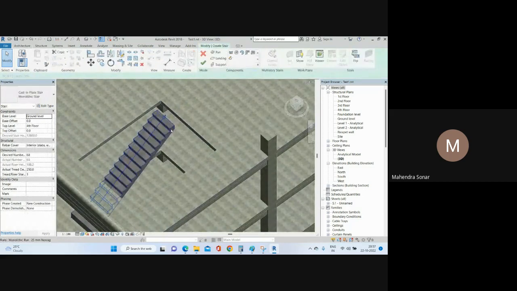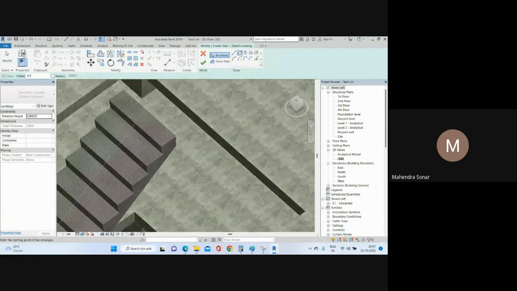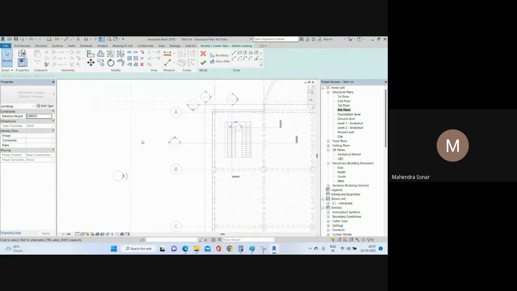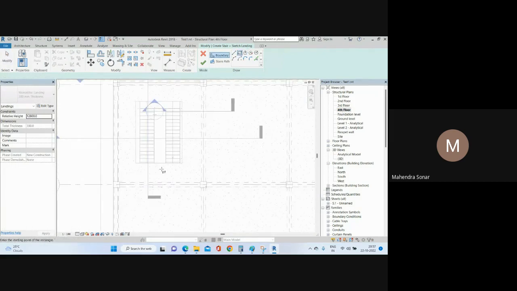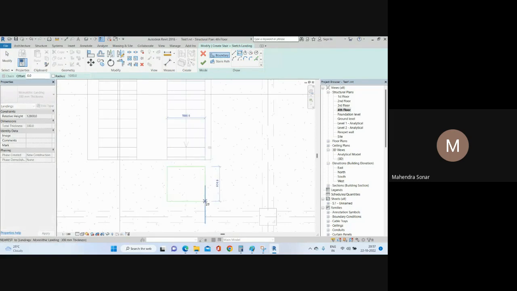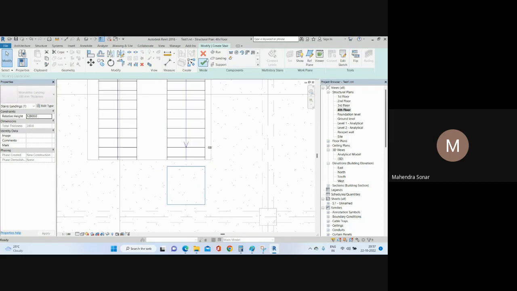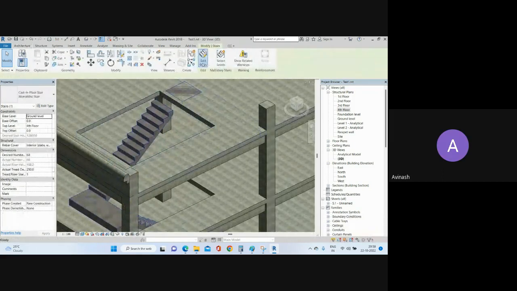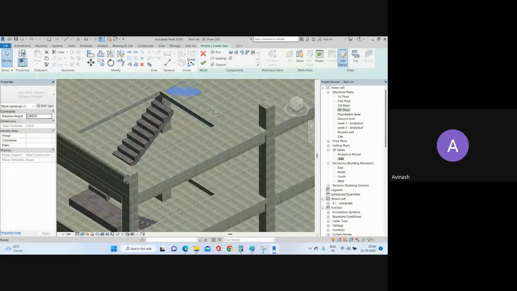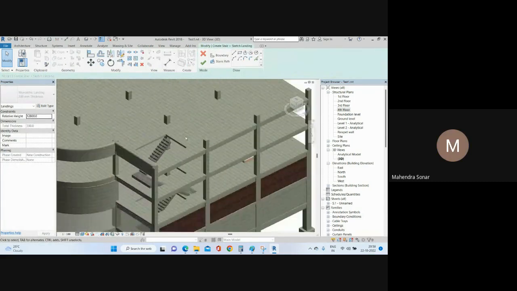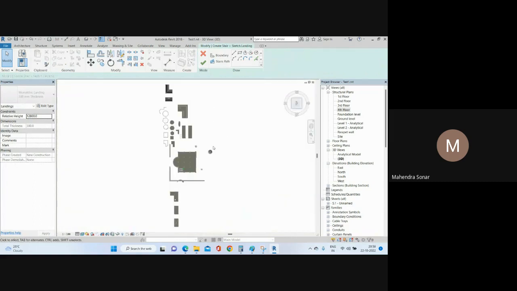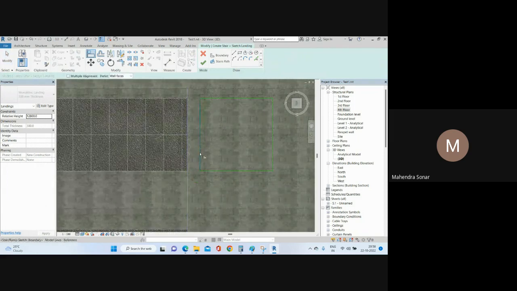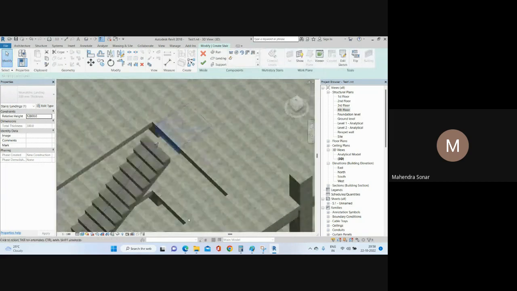ये देखो, यहाँ पे अगर मैं गया, सो यहाँ पे मैं एडिट स्टेयर और यहाँ पे मैं लैंडिंग ऐड करता हूँ। राइट, सो लैंडिंग आप 3D में भी कर सकते हैं। ओके, सो फोर्थ फ्लोर में गया, सो ये मेरा यहाँ से यहाँ तक कंप्लीट। सो लैंडिंग सर वो लास्ट स्टेयर है तो वो तो लैंडिंग उसे छत पर ही हो जाएगा, रूफ पर ही हो जाएगा। हाँ, वो एडजस्ट हो जाएगा इधर। एक मिनट, सो यहाँ पे अगर ये आ गया, सो इसको मैं अलाइन करता हूँ एंड कंप्लीट। सो ये आपका लैंडिंग हो गया, फिनिश।